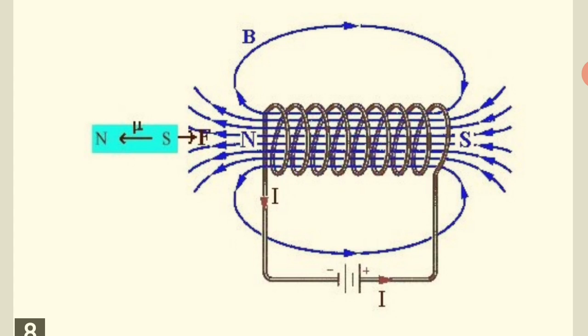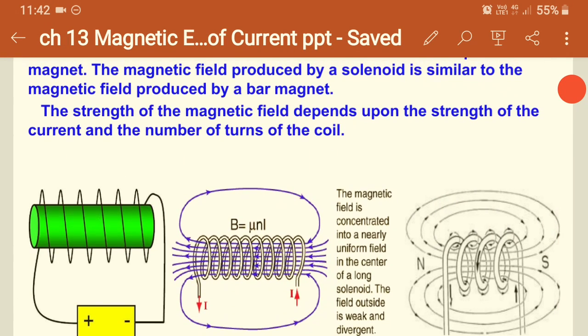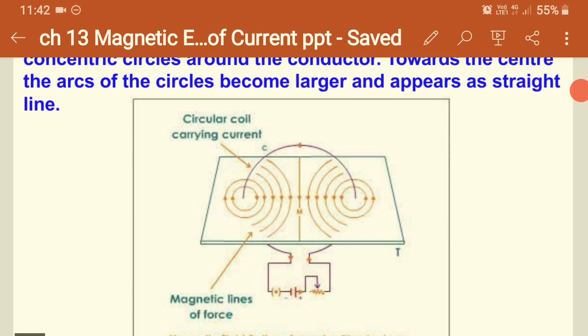The strength of magnetic field is stronger at the poles, same as the bar magnet we have seen. You can see on the left hand side we have tried to show you a bar magnet also. You will see the magnetic field lines are travelling from one pole to another pole. That means there will be two opposite magnetic fields, as we have learned in the coil also, that two opposite arms of the coil will exhibit the two different poles of the magnetic field.